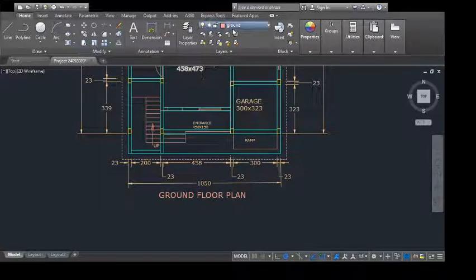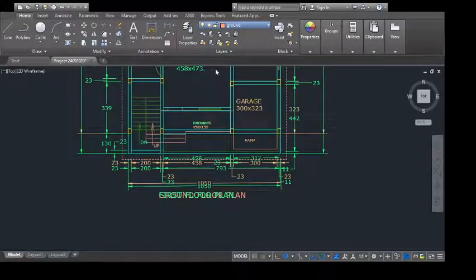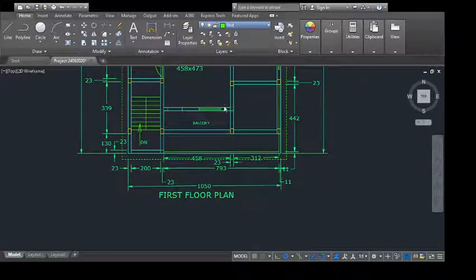Let us have a look at what is happening on the first floor now. So when I'm looking at the first floor, well, there is no problem. The beam comes here, the beam comes here, the balcony is supported, this portion is supported, and this portion becomes a cantilever coming out from here. It becomes a cantilever coming out from here.